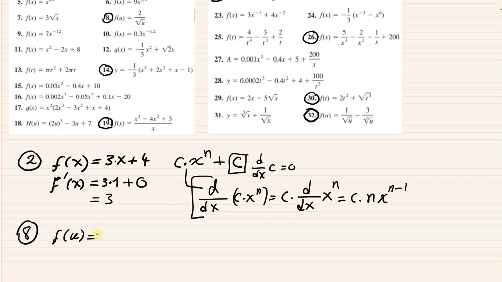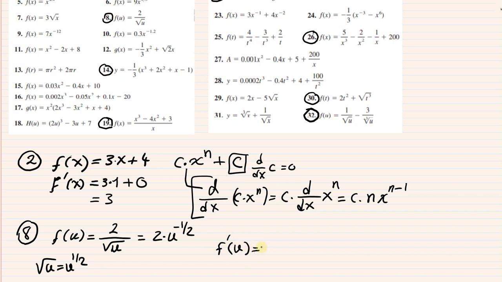Number 8, f of u is 2 divided by the square root of u. Again, we don't have a rule for the square root, so that means I have to rewrite this. Now, the square root of u would be u to 1/2, and because the square root of u is in the denominator, we can use the negative exponent rule and bring it into the numerator, giving u to the negative 1/2. So we can now write f prime of u,